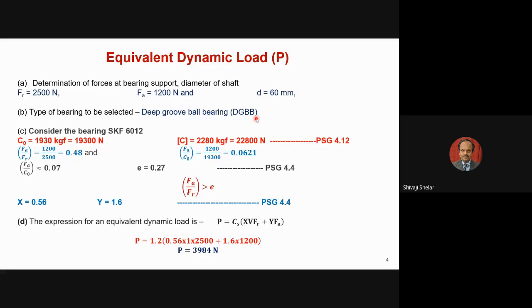To start the bearing design, you have to consider a deep groove ball bearing, and you should start with one type of bearing. There are different series. So I am saying consider the SKF bearing 6012. Now how does this 6012 come to my mind or your mind? Let's go to the catalog, and from that you should select this value. Okay, so I am opening the catalog here.